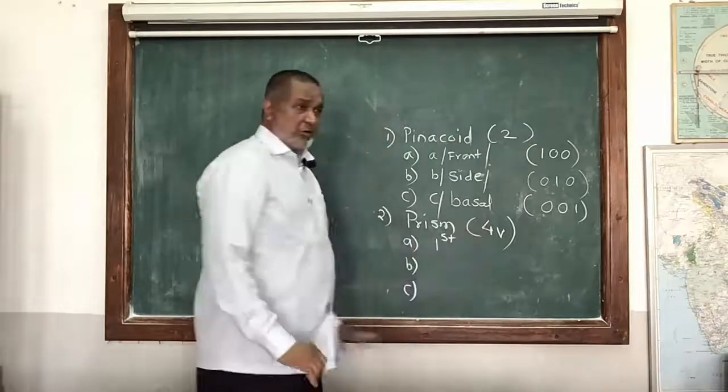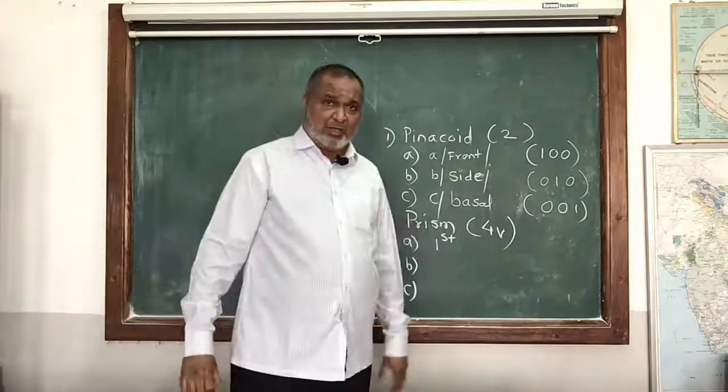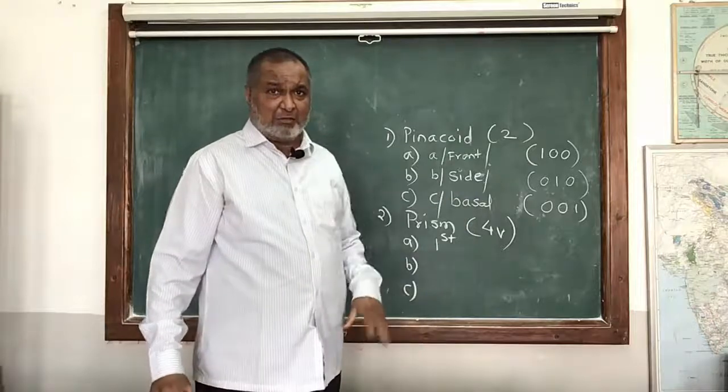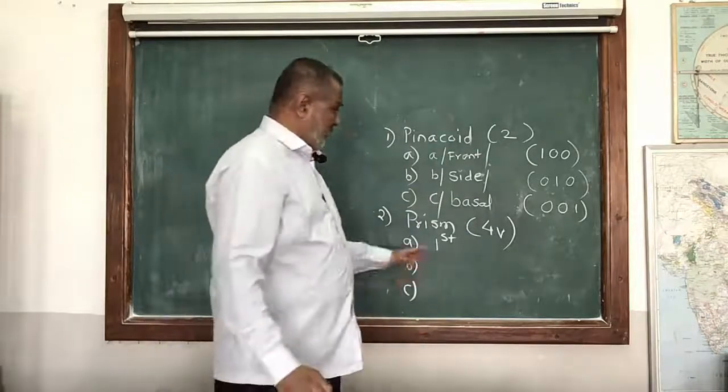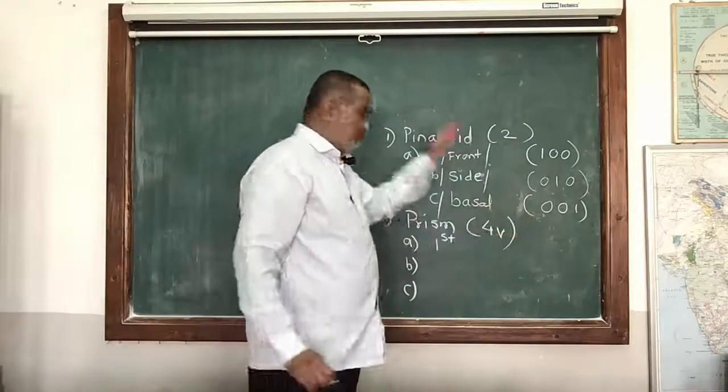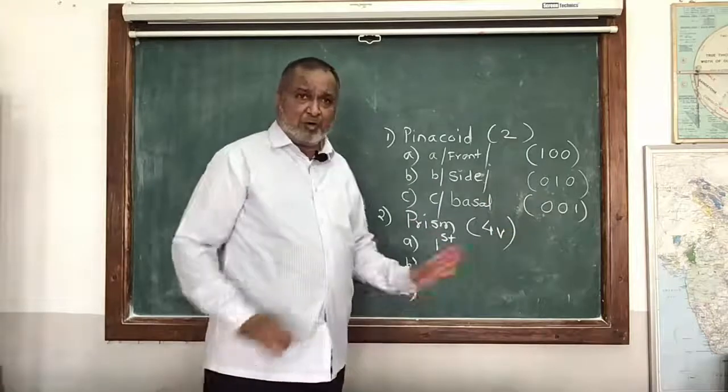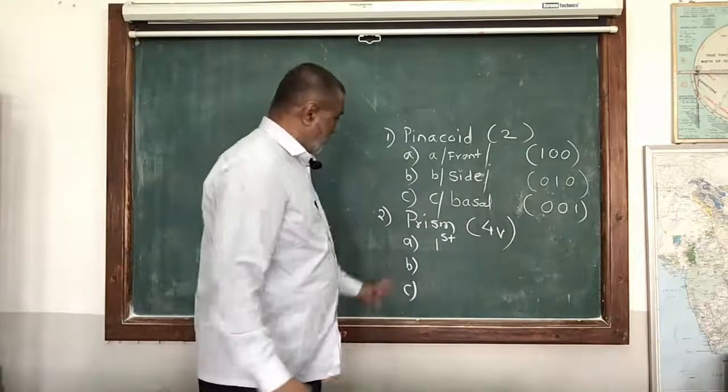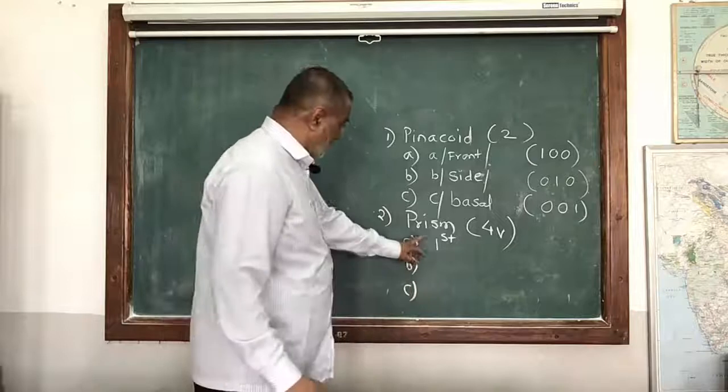First order tetragonal prism or hexagonal prism. So in hexagonal, one more axis is there because 4 axes are there. How to write the indices, we'll see once we see this complete part, the common one, then we'll see about the hexagonal system. First order tetragonal prism,